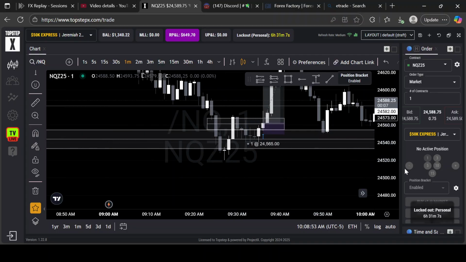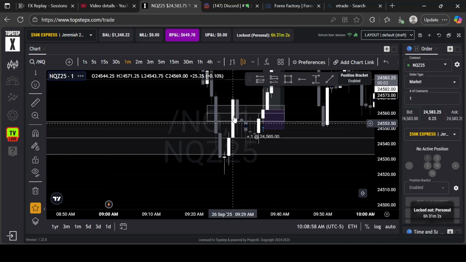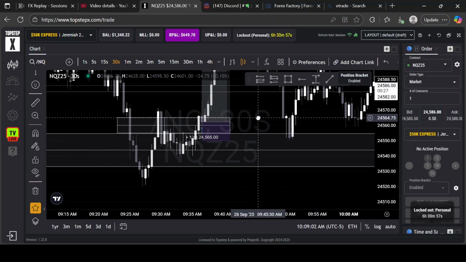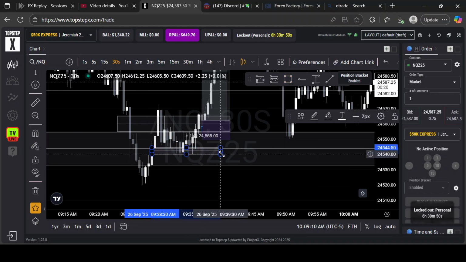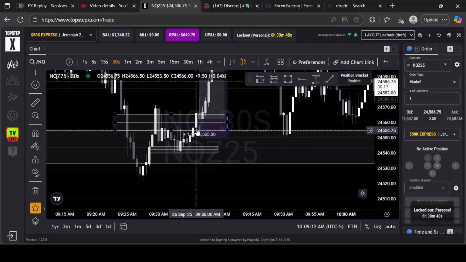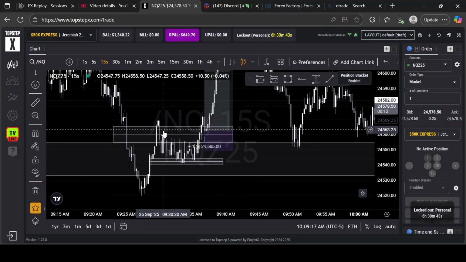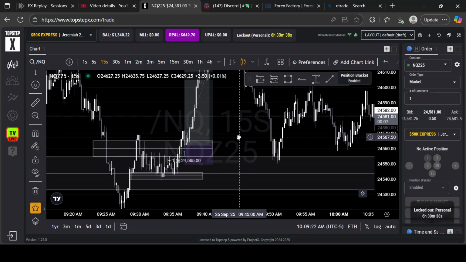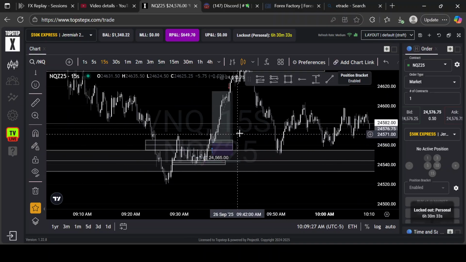So here we go. There is this 1 minute bearish gap. Price inversed it. And then I went over to the 30-second. Price pulled back down to this gap, was respecting this. Then I went over to the 15-second. And as soon as I seen that it inversed the 15-second and it retraced back into the gap that it inversed, I entered. And I pretty much caught the bottom of the move.